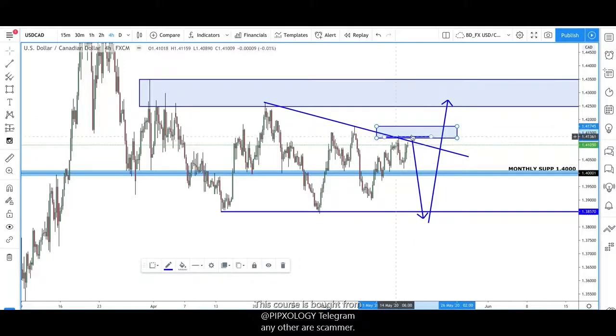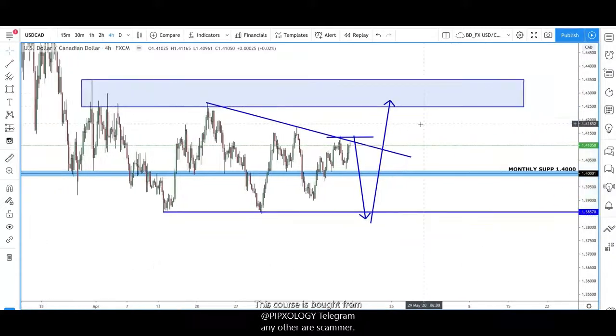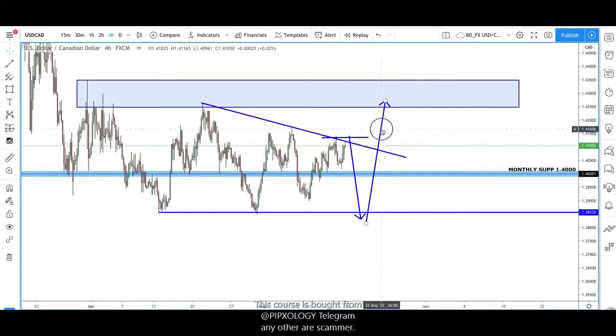I think we can come up here, start of the week, have a bit of a grab here with that US dollar strength into this region. Then we see a nice sell-off, a nice short trade for us back down into this region, where we then look for a long back up into here before a big sell-off.